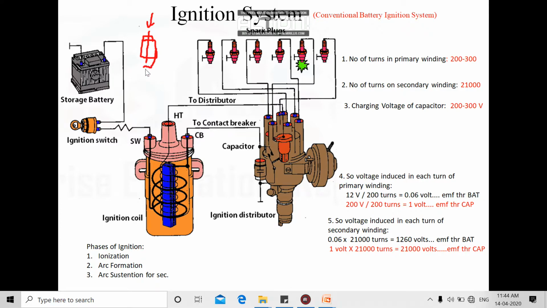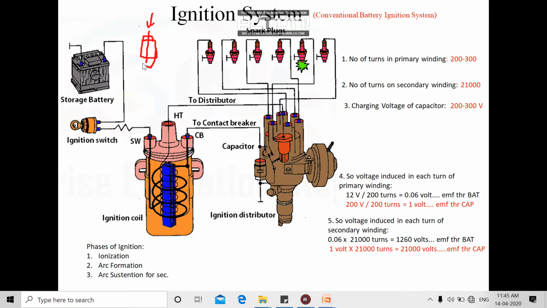We know the air and fuel mixture is non-conductive. So how is it possible for the charge to jump from the positive to the negative electrode through this non-conducting medium? First of all we have to ionize the non-conducting medium present between the two electrode tips, in the gap between the electrodes. Whatever is present in the air gap should first be ionized, and only then can the non-conducting molecules become a conductor of the charge.